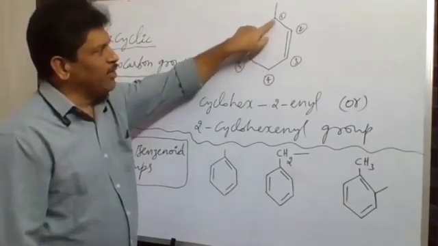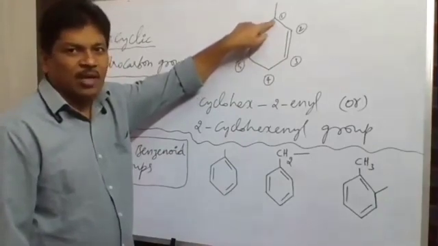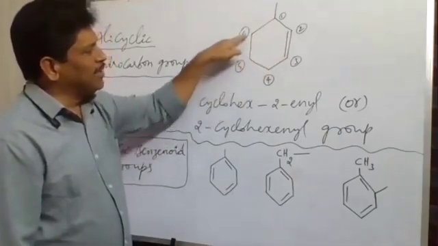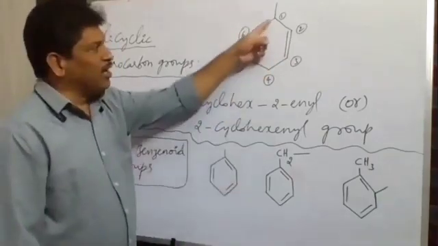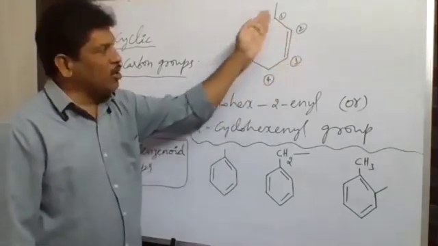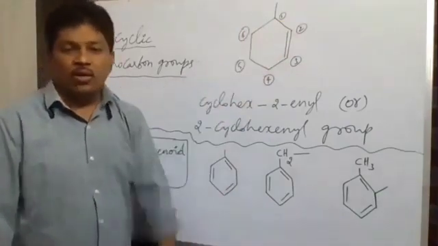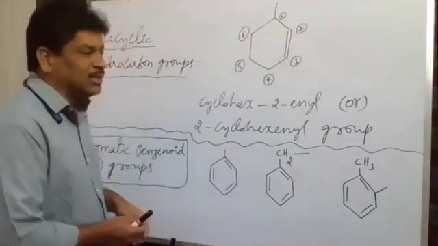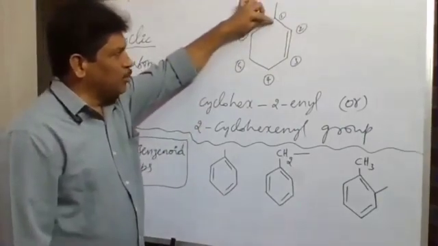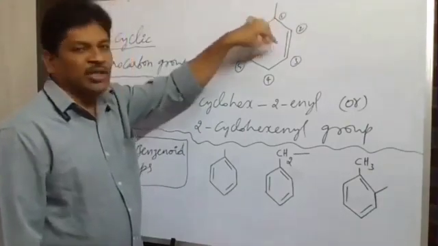So the first carbon is given to the carbon from which one hydrogen atom is removed in the cyclohexene molecule. Then 2, 3, 4, 5, 6 carbons, six in total. We have taken the numbering in the clockwise direction, because the double bond carbon should be allotted the lowest possible number. So what we have to understand is that the free bonded carbon is allotted the first position, then this is the second carbon. After the second carbon, there is a double bond in this molecule.